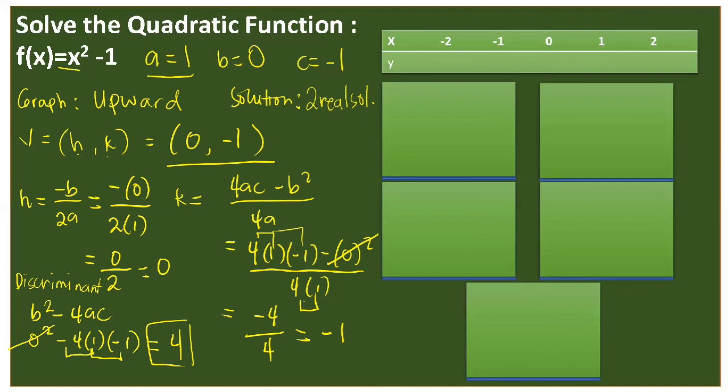So now we have the graph, vertex, and number of solutions. Let's complete the table of values by finding the y. So yung y natin, so that we can plot the ordered pair to our graph and to form a parabola. So to complete the table of values that we have, we are going to substitute each value of x to the formula that we have. So let's try. If x